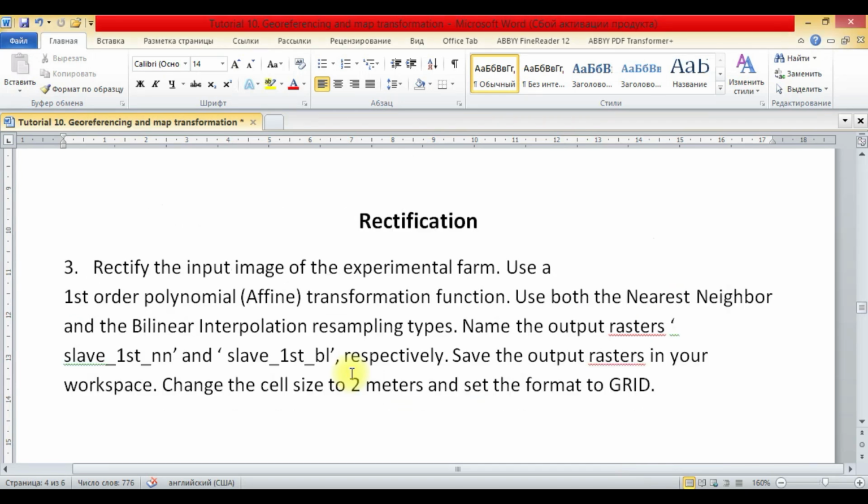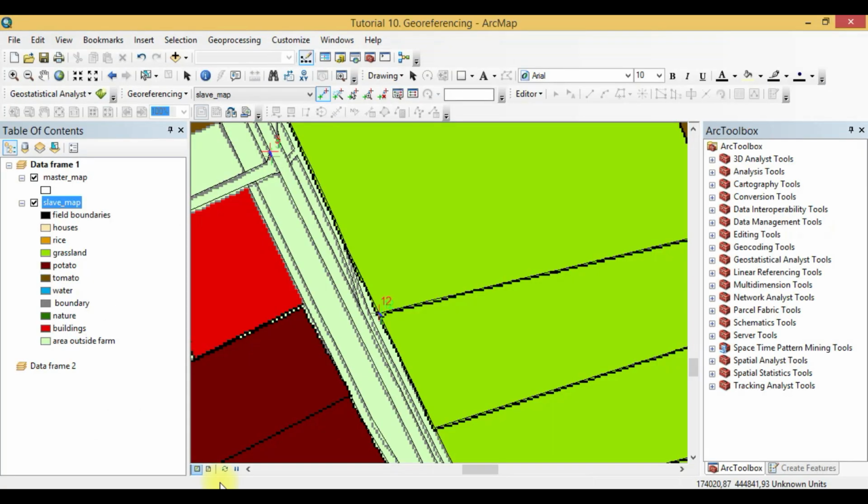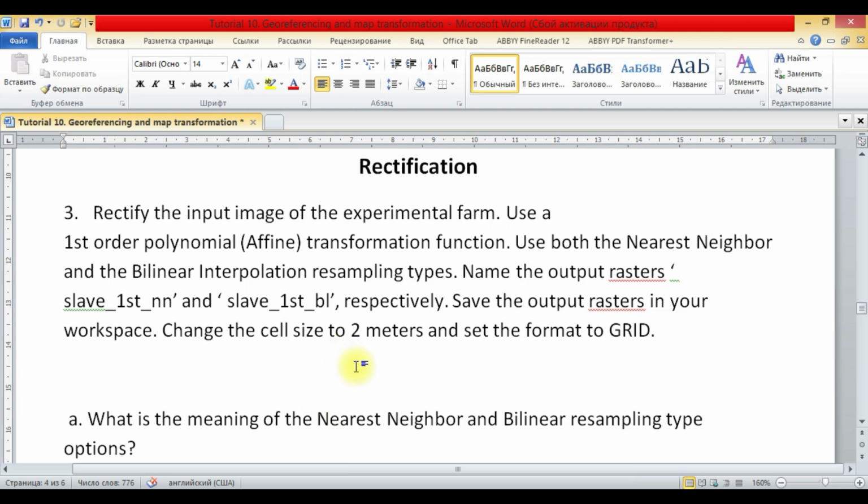So let's continue our tutorial. After collecting ground control points, the next step is resampling and rectification. We already collected ground control points here, and we should now choose the first order polynomial transformation function, and for the resampling techniques we will use both nearest